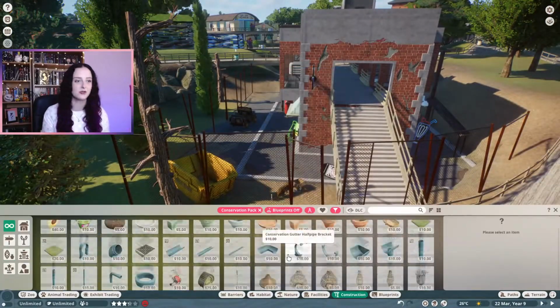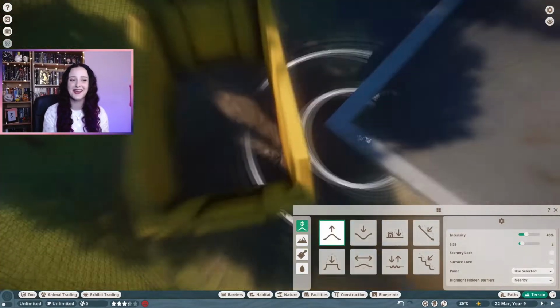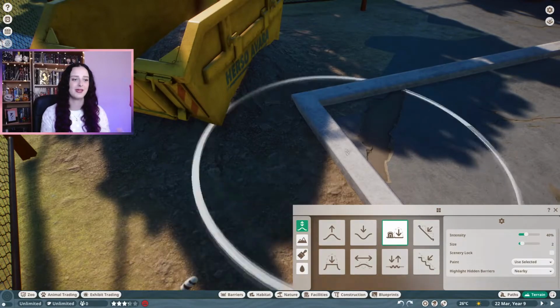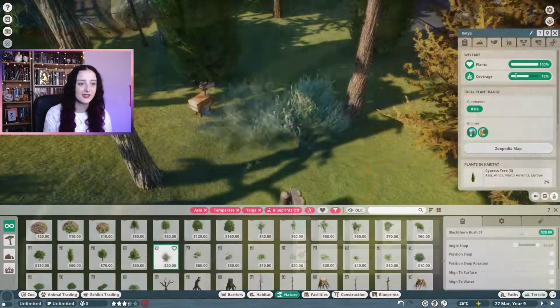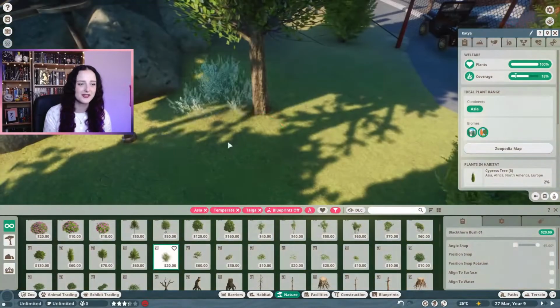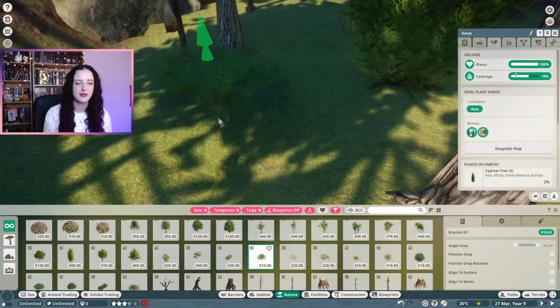so they needed to get rid of some waste, and to fill the skip I just raised the terrain up to make it look like a mound of dirt inside the skip, and just filling in some of the forest as well with some bushes and some foliage around the forest just to make it feel a little bit